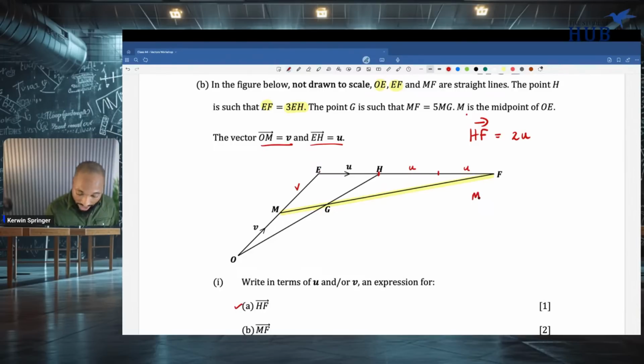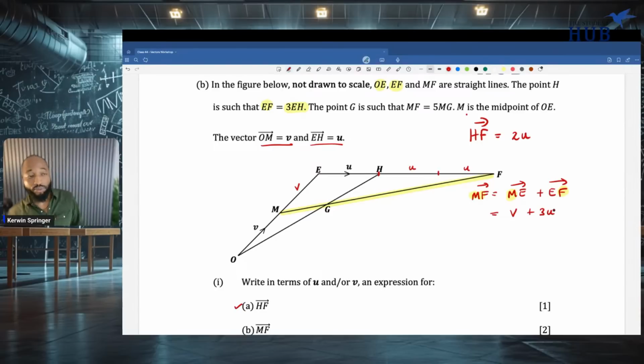So you write that. You write MF is the same as M to E. And if it's a plus here, you usually start back with the same letter, E to F. Notice how this always happens. The two letters that you want come on the end, and this is like the connector. You understand? So M to E is V, and E to F is 3U. That's the answer. V plus 3U, and that is why Shreya, Neelish, and Makila, and John all had that answer. They saw it. All right, that's another one done.